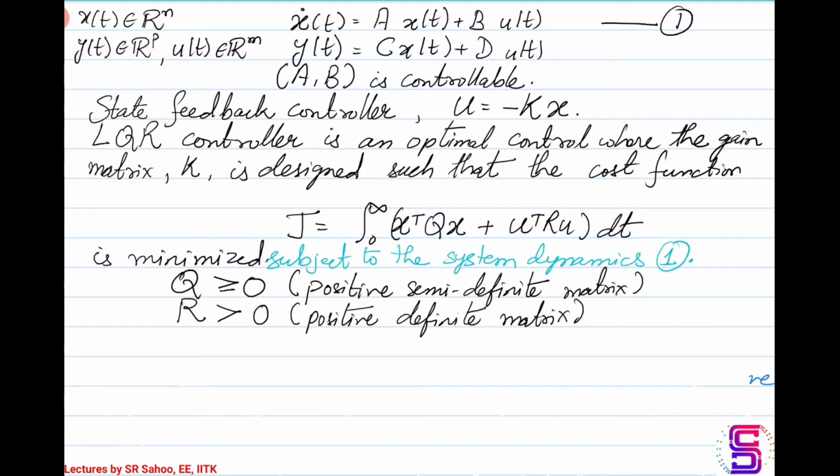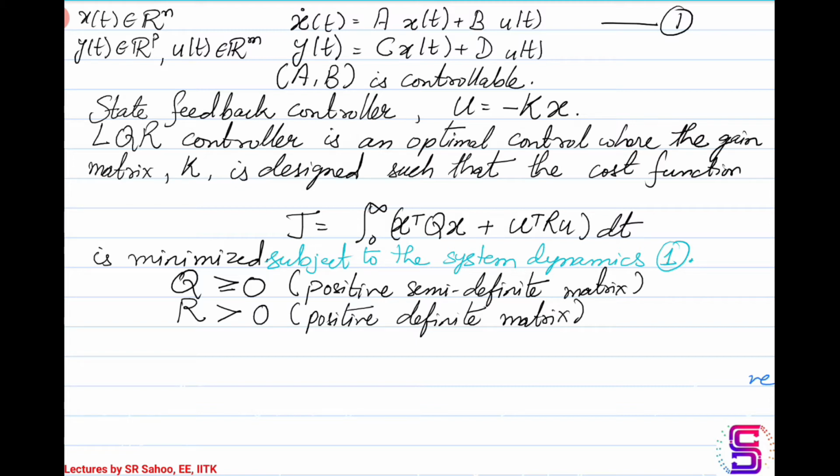It is an optimal control where the gain matrix K is designed such that a particular cost function, which is denoted by J in this case, is minimized while it is subjected to the system dynamics given in equation 1,